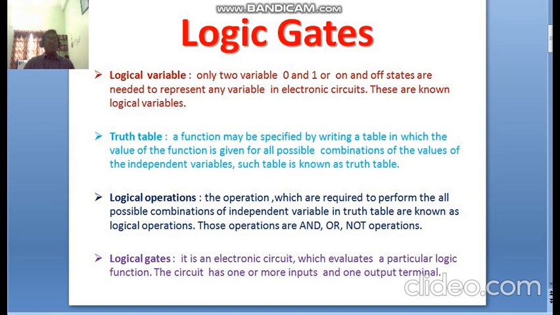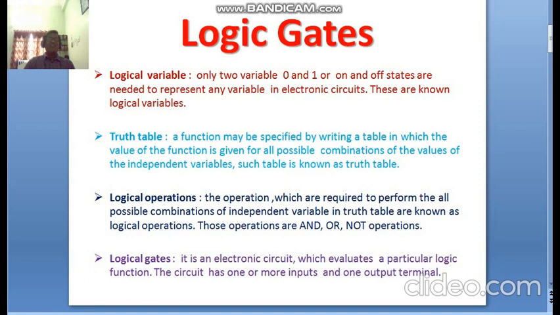For example, if you consider an electrical bulb, the bulb is initially in a not glowing condition, that is said to be off condition. When the switch is on, then it is glowing. Glowing is said to be on condition. That means the electrical bulb is either in on or off state. Glowing is represented with 1 and the off state is represented with 0. Therefore, it can be represented either as on or off state, or 1 or 0 state.